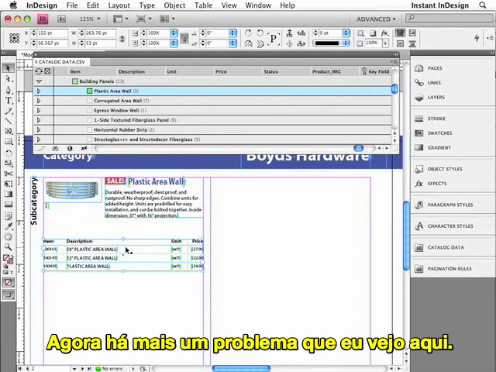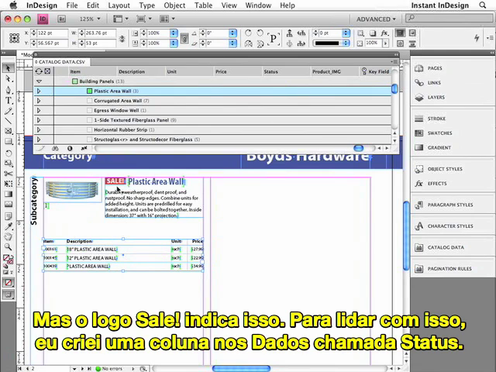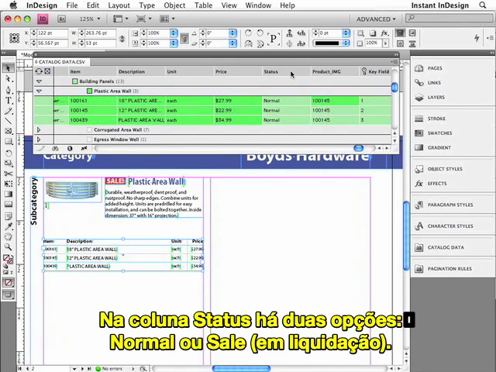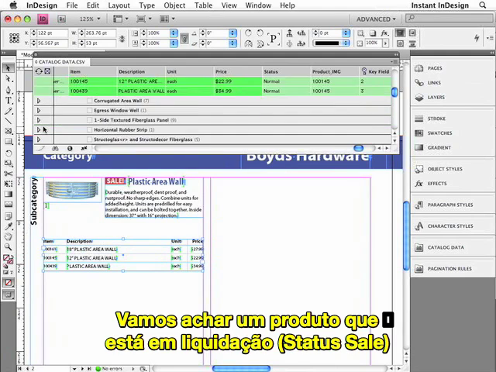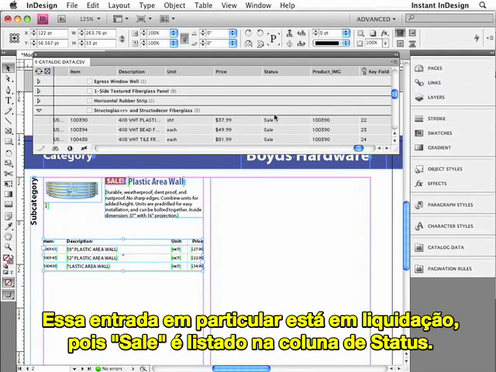Now there is one more problem that I'm noticing. I just happen to know that this particular product is not on sale, but the sale logo has stayed. So in order to deal with this, I've created a column within the data called status. Here in the status column are 2 options, normal or sale. So let's find a product that's on sale. This particular item is on sale, and you can see that it is because sale is listed in the status